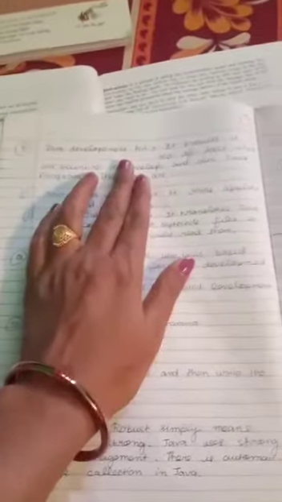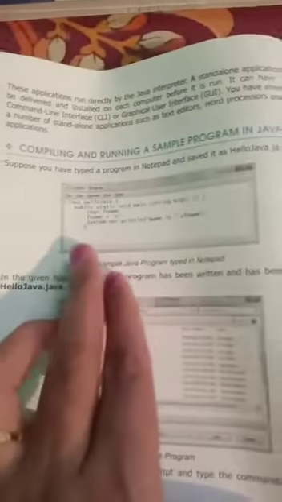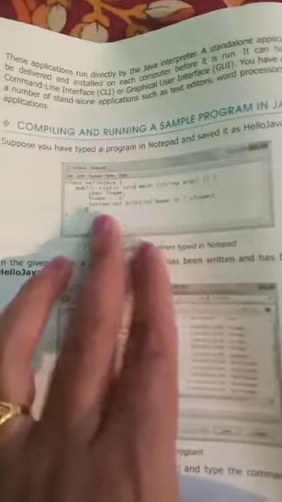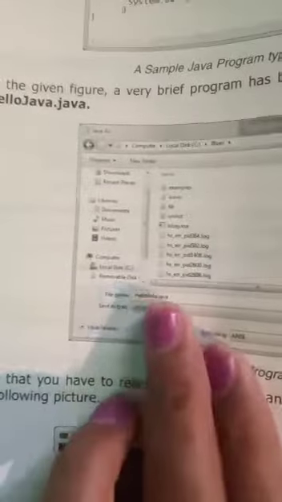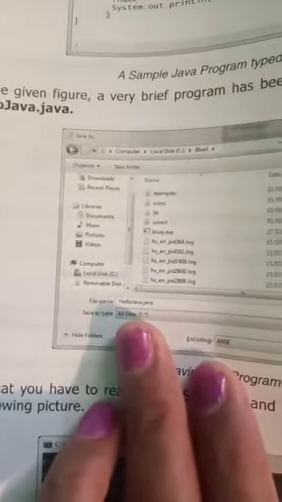So here I have written Java Development Kit. To run any program in BlueJ, I told you how you will run it. First of all, you can write any program in Notepad like this. You will open a Notepad and write the whole program. Then you will save the program in Notepad. And here, for example, we have saved it as hello.java.